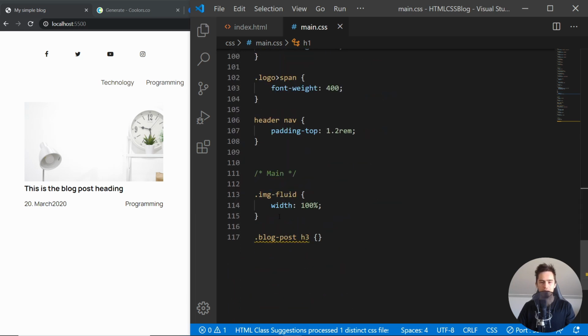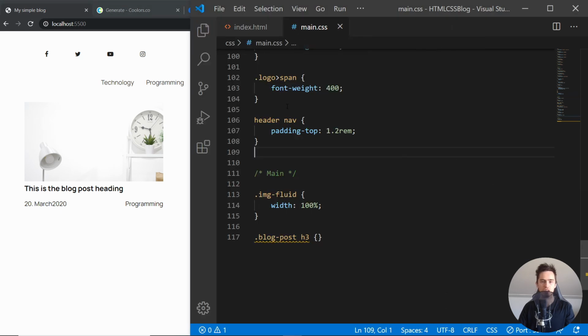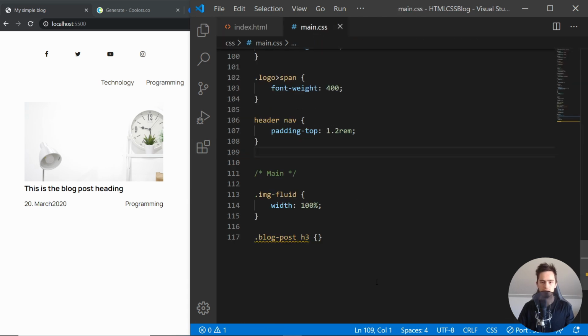So all right, let's see what we want to do. Let me just change the sort of programming. So I will just add a class of badge to this. All right, and let me just style it out in our CSS. So inside here, I will just put badge, and let me just say that it will have margin of 0,